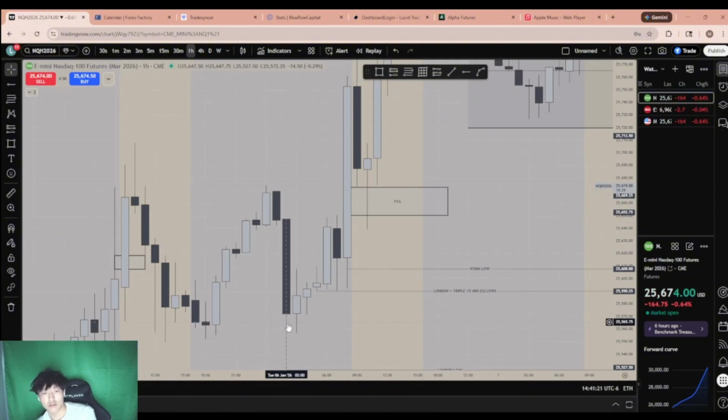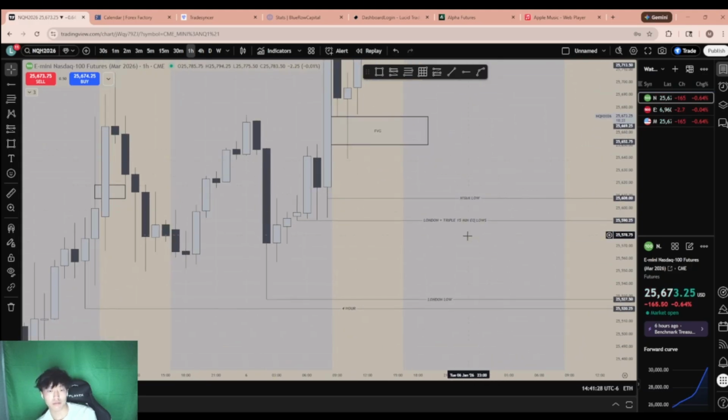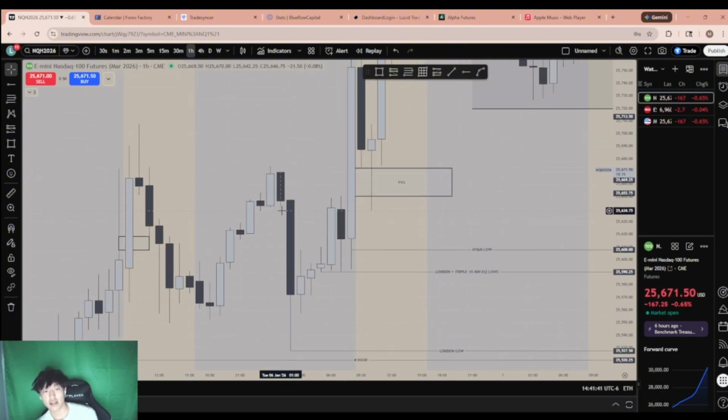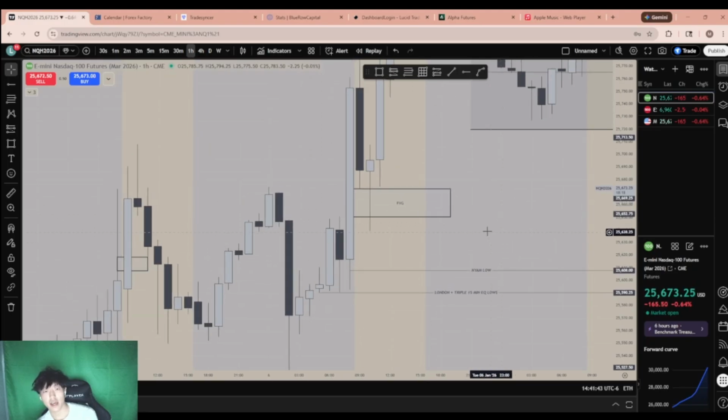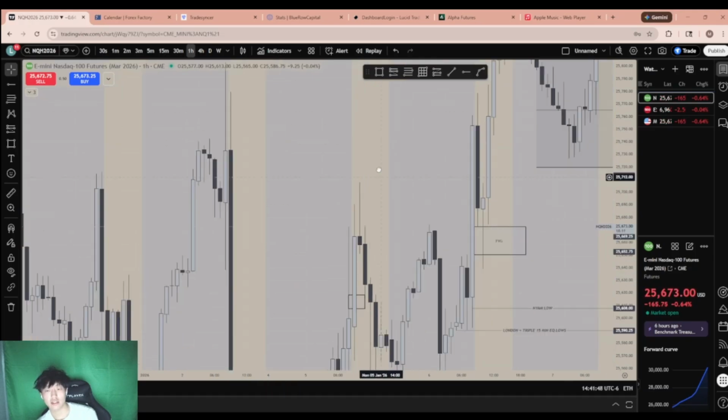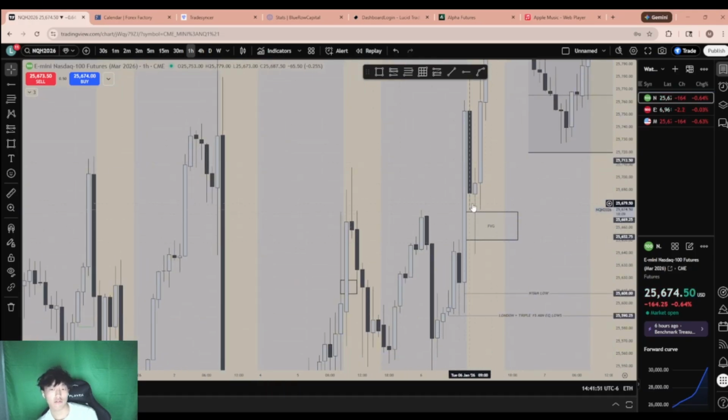And you think there's weakness to the upside right here, and then it speeds up, it explodes, and it has to come back down and sweep the triple 15-minute equal lows near AM low and London low 4 hour, right? Why would it do that when it just inversed to the upside right here and exploded without taking this high, this high? There's no way that you would front run this gap right here to the downside, even though these draws are super good.